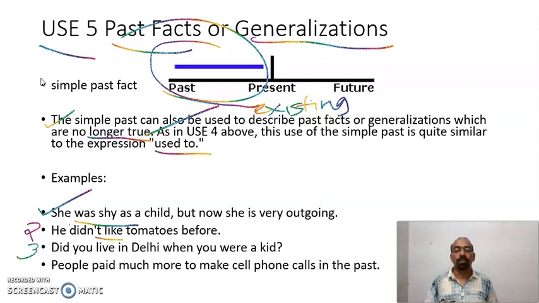Third sentence. Did you live in Delhi when you were a kid? Did you live in Delhi? So actually, even though it is a past simple question, it is asking about a duration of time, the entire childhood. Look at the fourth sentence. People paid much more to make cell phone calls in the past. That was a habit. People had to pay a lot of money for making phone calls in the past. Now let us move on to the next